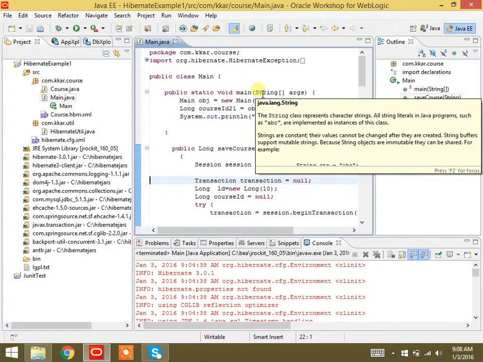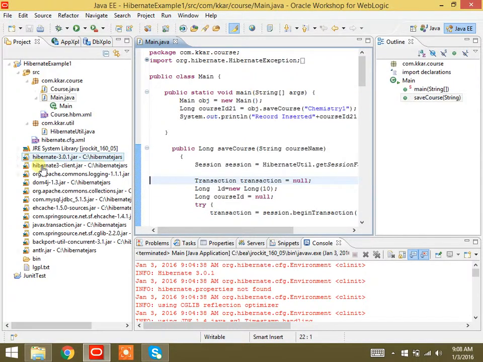Got it? Next, write down this commons. This one is there: org.apache.commons.collections.jar. Write down about this.